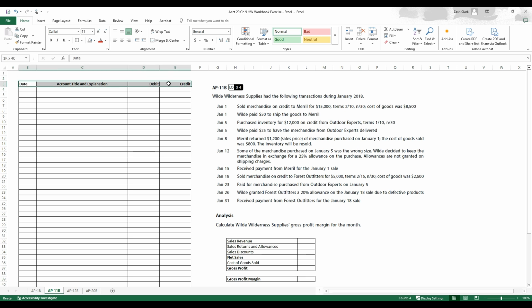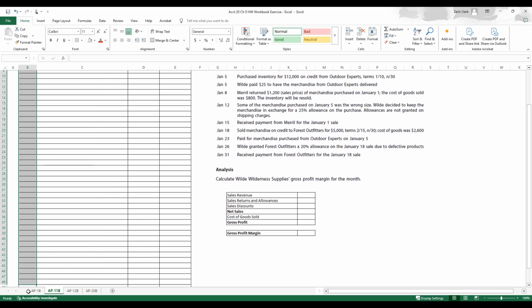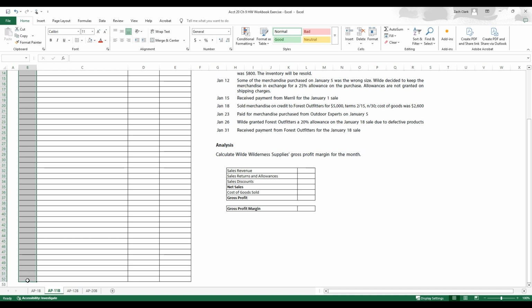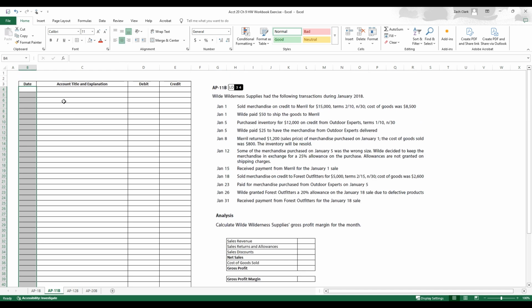Okay, so first thing I'm going to do is just reorient those. Your version will probably already have those oriented, aligned in the middle there, if you will, so you might not have to do that little step, but just realize that's kind of nice to have there. Okay, and so January 1st, we sold merchandise on credit to Merrill for $15,000 with some specific